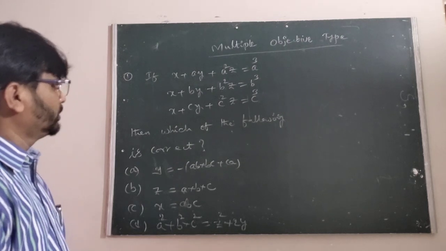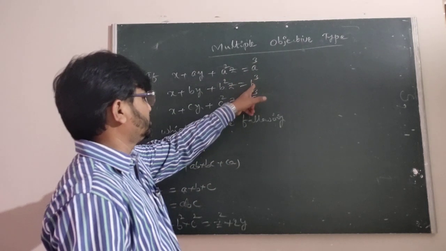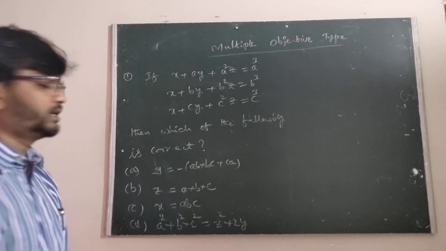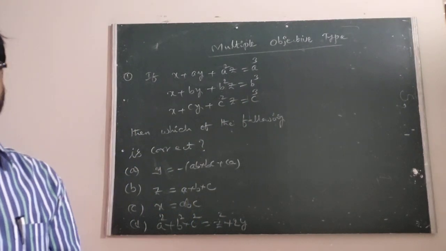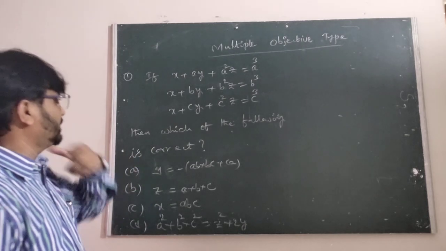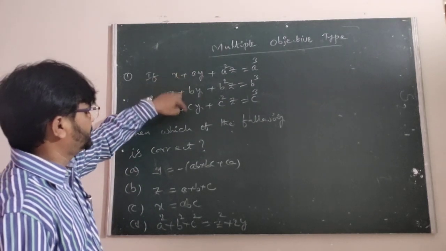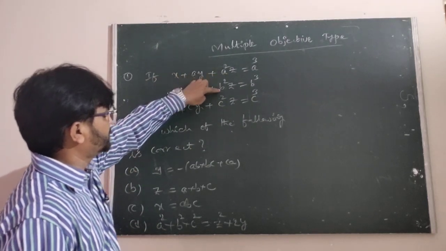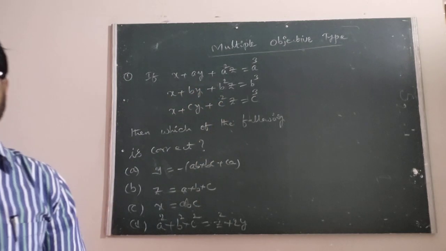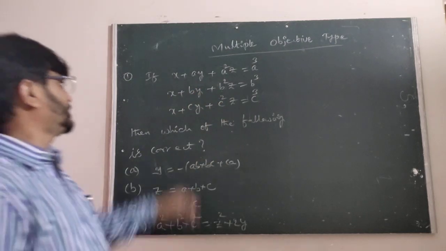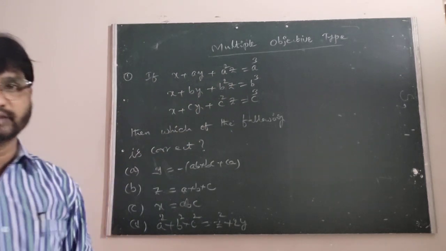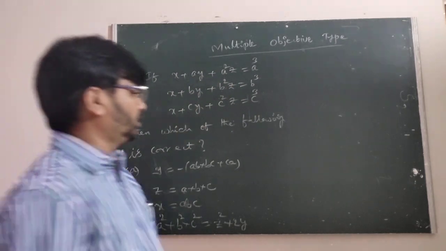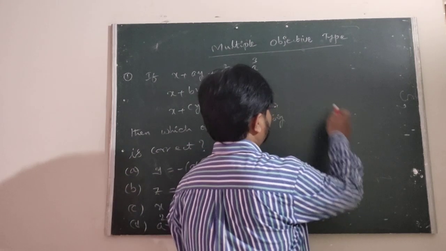On the right hand side we observe a cube, b cube, c cube. At the same time you can observe a, b, c, and a square, b square, c square. So each term is containing x, y, z. This is our observation. Further we are going to the next topic, theory of equations.